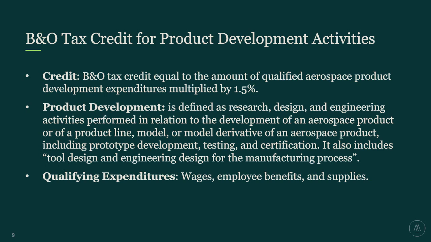The next thing that auditors are really looking at is general ledger level detail by project, by part. Shane kind of talked about that in terms of the preferential rate. They're going to look to see, A, is it commercial aerospace, or if it's military, is it a military commercial derivative? And then, on the product development side, they're really looking at, does your GL detail tell a story of you doing product development work? Are there line item entries that say prototype materials or wages for design of XYZ part? That's going to be something they're looking for in the GL detail.